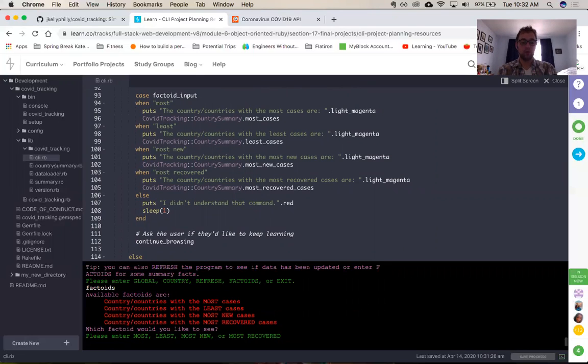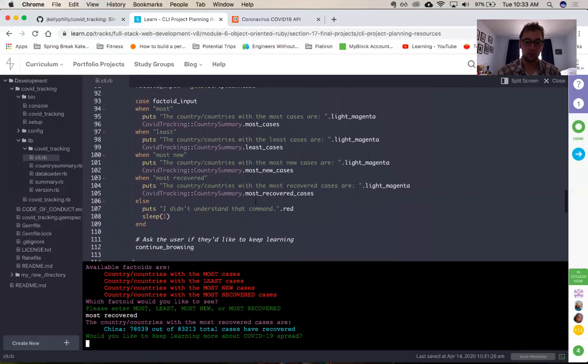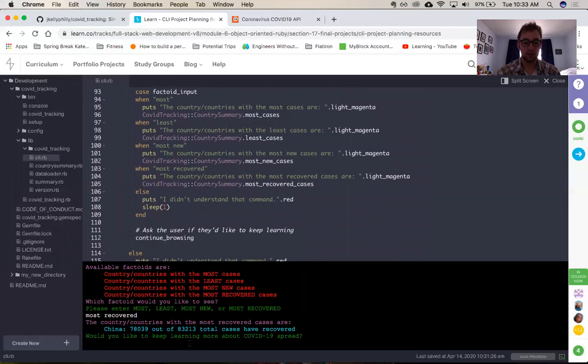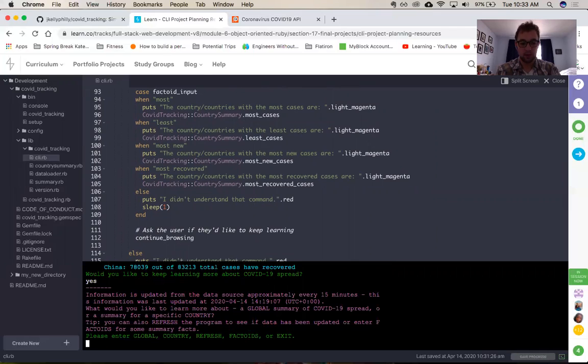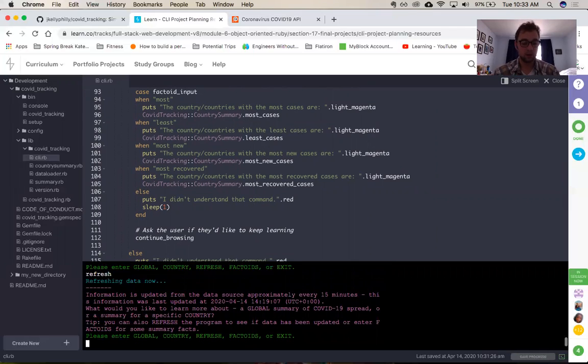So let's try another factoid. Most recovered, which is China. 78,000 out of 82,000 total cases have been recovered, which is awesome. So yeah, these factoids I'll explain more once we go through the country summary class. But for now, let's see if the data has been refreshed. I don't know if it has. Okay, it hasn't been refreshed yet, but maybe we can go back and